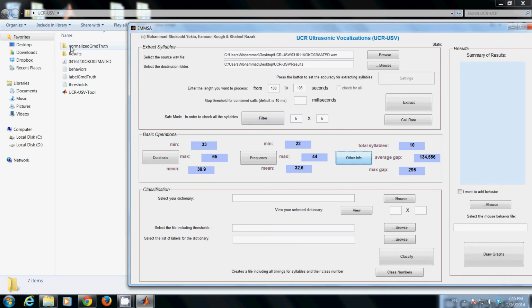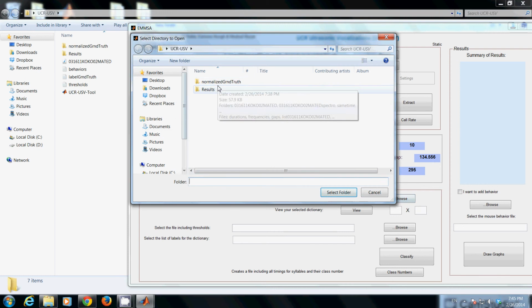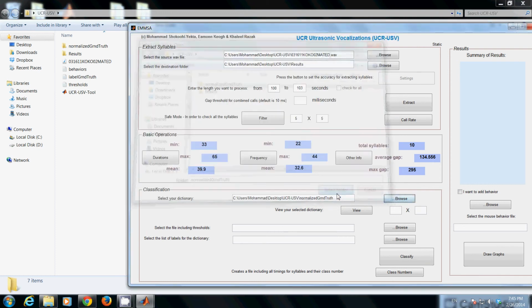And then the next input is the thresholds. Thresholds is one of the files that we have manually created based on this data set. It's a set of thresholds that show, for every class, what the distance could be for any element to the elements in that class. So I'm just going to pick the thresholds, and then the last one is